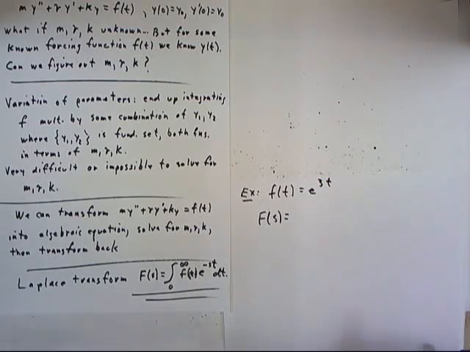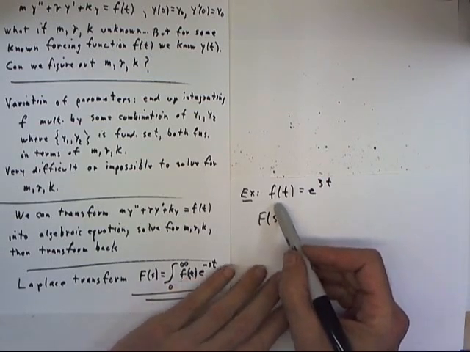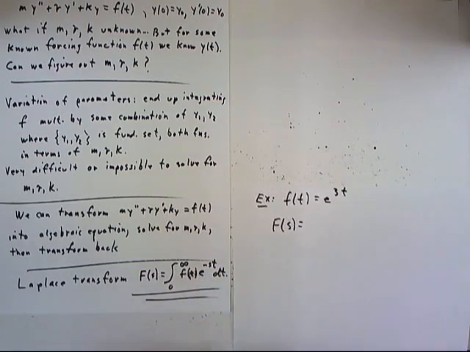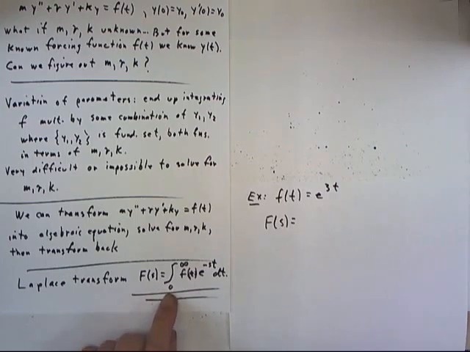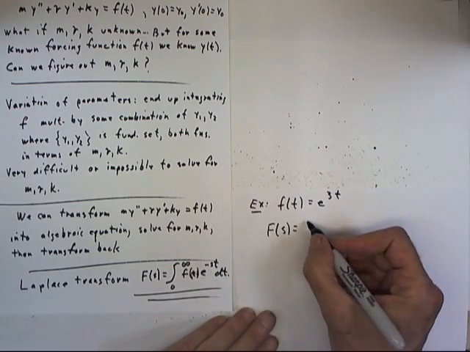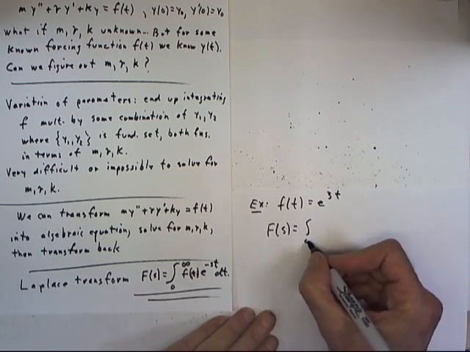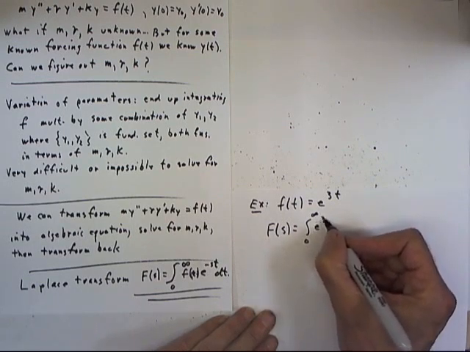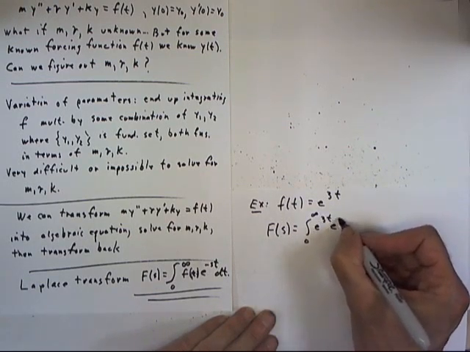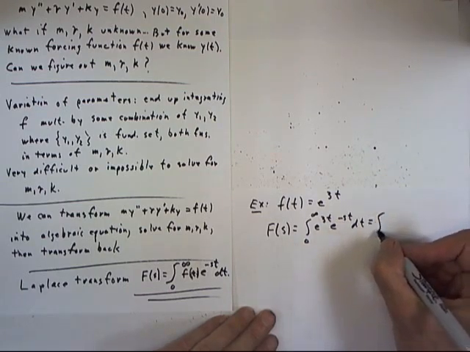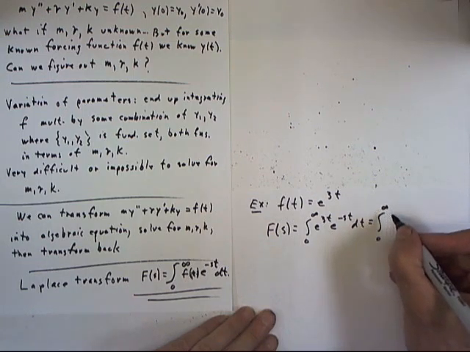Let's start with quite a simple example. Let f of t equal e to the 3t. Let's find F of s. Well, F of s is this integral. Let's just write it down, substituting e to the 3t for little f of t. We get the integral from 0 to infinity of e to the 3t, e to the negative st dt,